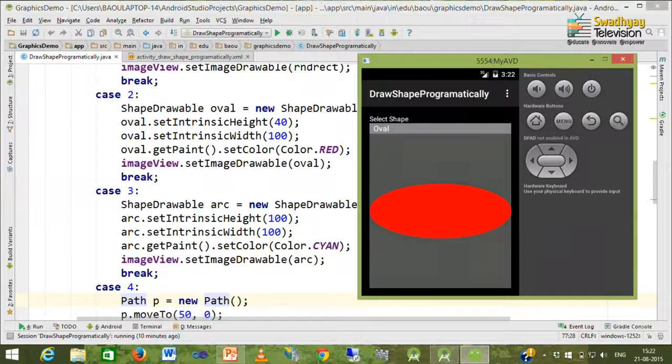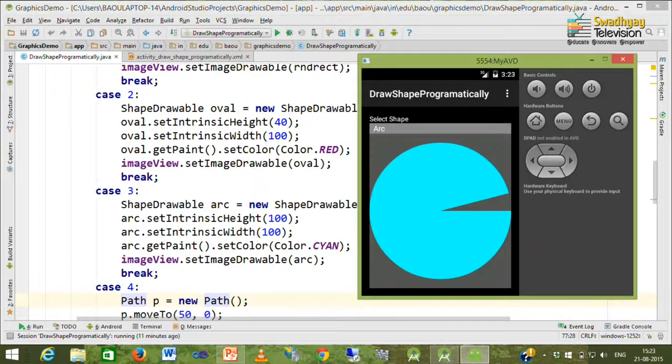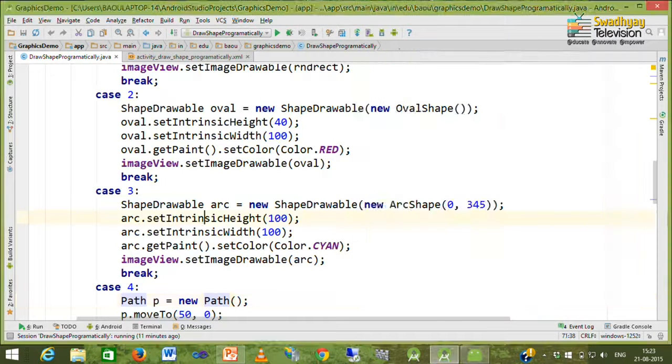So, here I am selecting arc. I want to draw this arc which is ranging from 0 to 345 degree and with color cyan. So, here I create shape drawable object, and inside it I create arc shape object instance, and these 0, 345, first two arguments specify start angle and end angle.